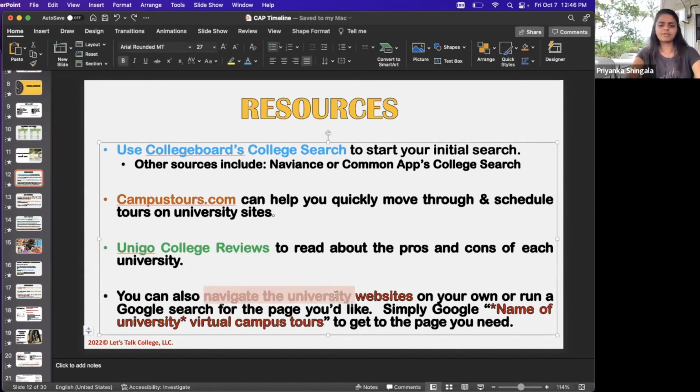You can navigate university websites, or you can simply type into Google "University Virtual Campus Tour." I'm very hesitant to navigate university websites. I've found that's the fastest way to really get frustrated, because there's no uniformity. What could be under one label for one university is under a different label for a different university, and under a completely new label for a third university. So it's better to just let Google do the searching for me. And that also includes any statistics I need to find.